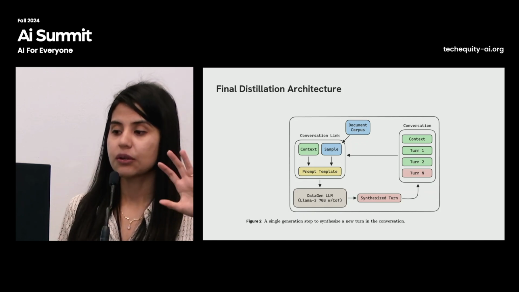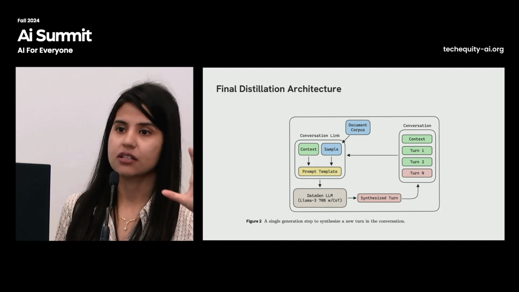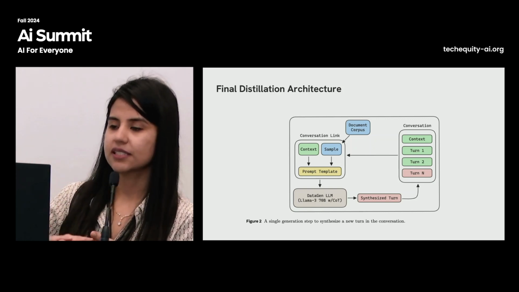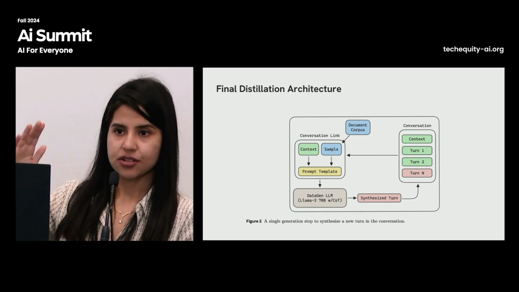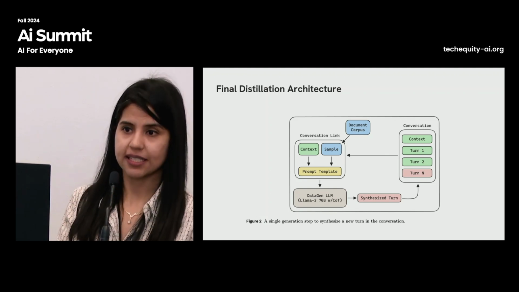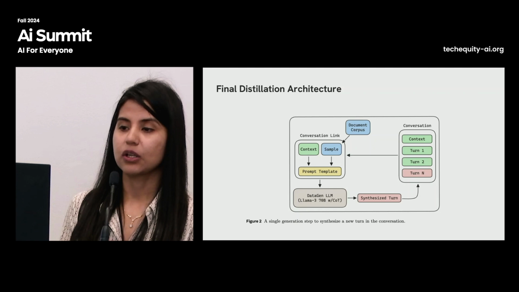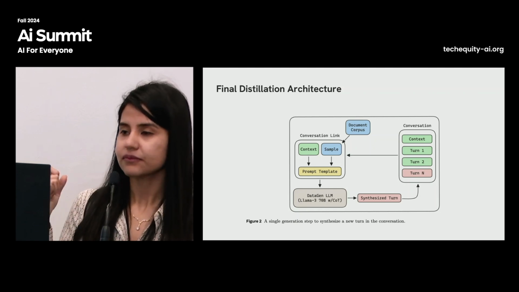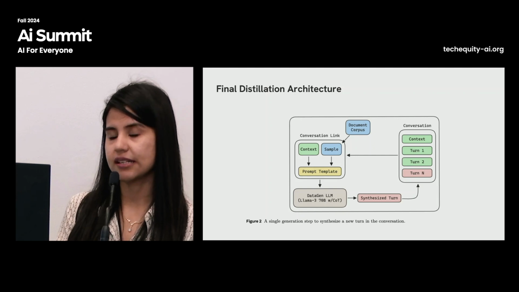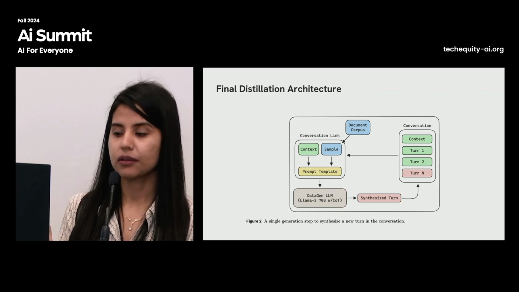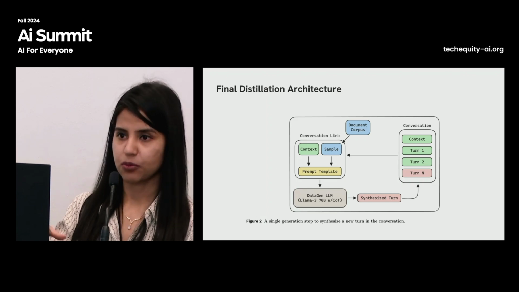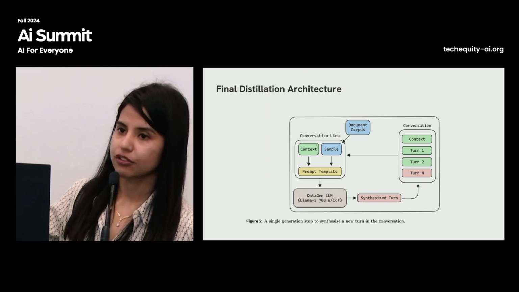And then you can also ground it in external data. For example, you have a document corpus. As I said, you have a set of messages in your inbox, and you want it to summarize it. That's one of the examples we are looking at for grounding. So you feed this into a teacher model, for which we used a Llama 3 70 billion model, create a synthesized turn, add it to the context, and then repeat the process till you're out of turns.